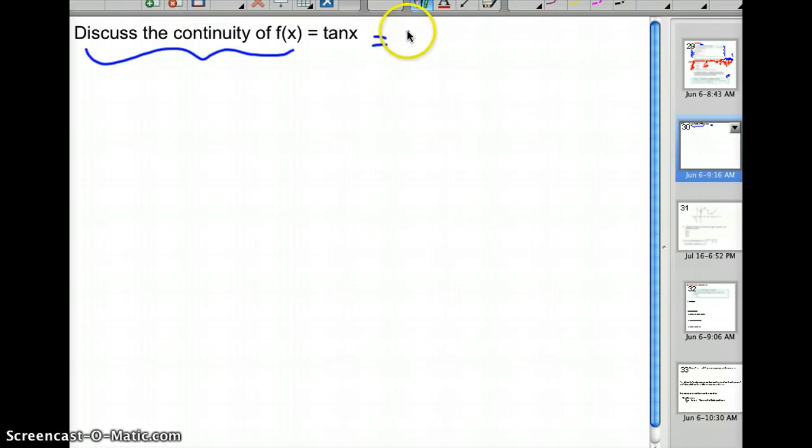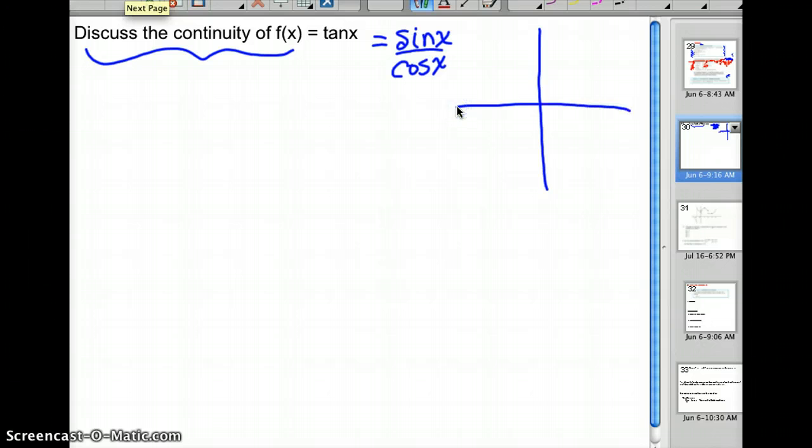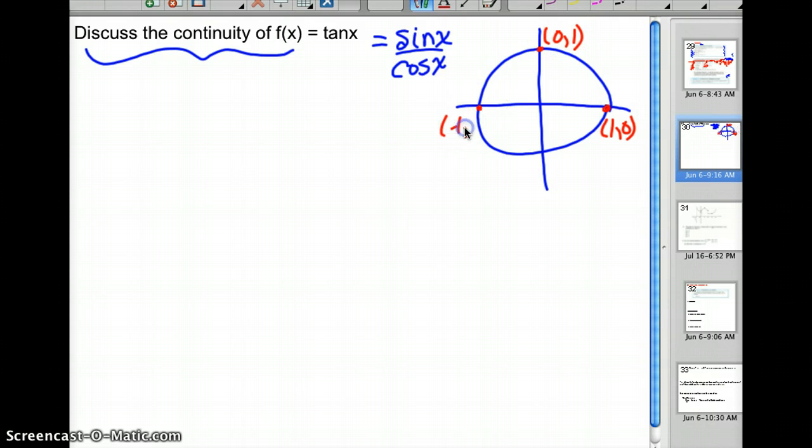And recall, it's always helpful to think of that as sine x over cosine x. It's also very helpful when you're doing trig to get that visual of the unit circle in there. And what we really like to do is keep in mind all these corner points, which are very helpful when you're doing your trig also. So I'm going to put these on here and you can put them in your notes. You should remember the shape of this graph from pre-calculus, but I want to make sure you understand it. So we're going to graph